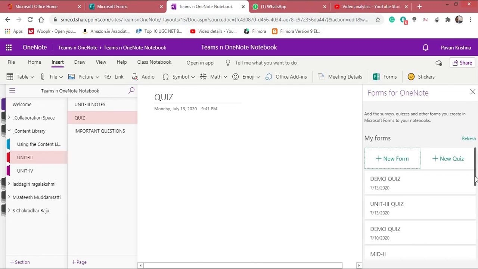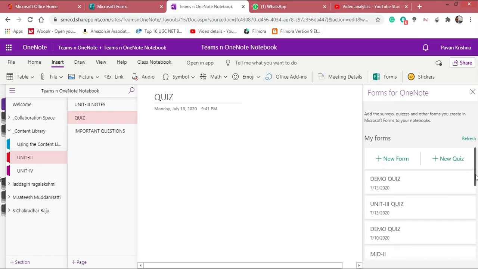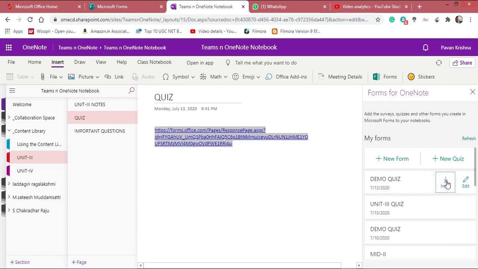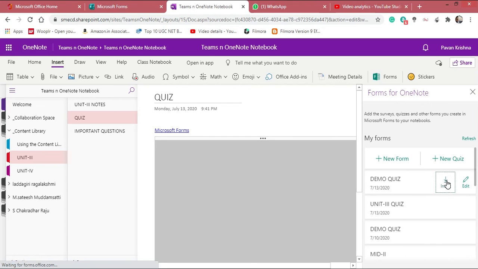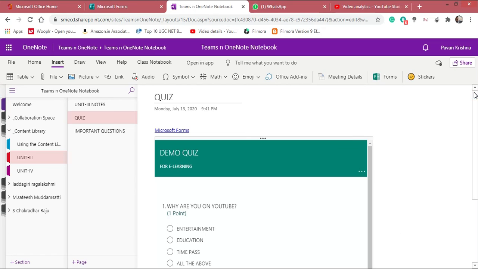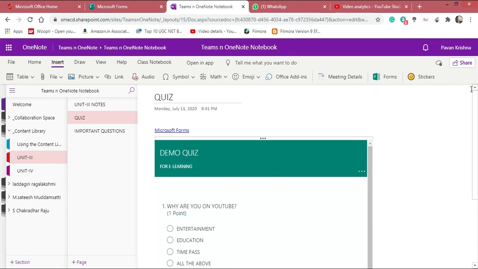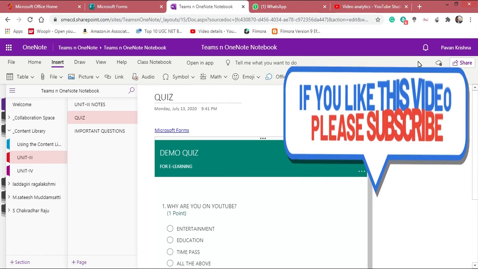Once you click on forms, all the forms that you created in Microsoft Forms will be listed here, whichever form or quiz you created. My desired quiz is right there, so I am going to click insert. The quiz will be on that particular page. Thereafter you can save it, or else you can also distribute it to the students depending upon your requirement.